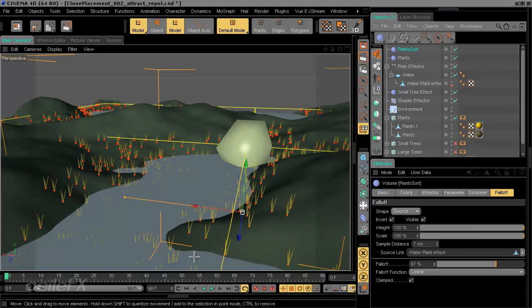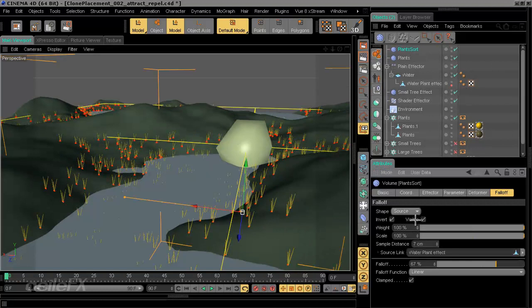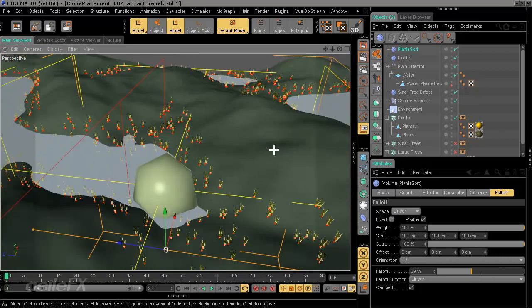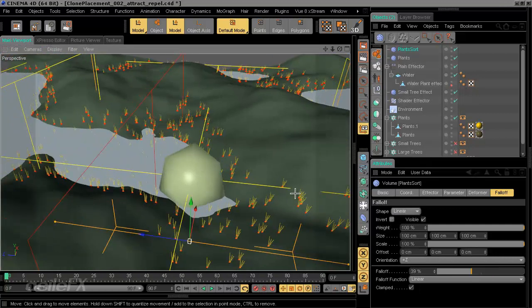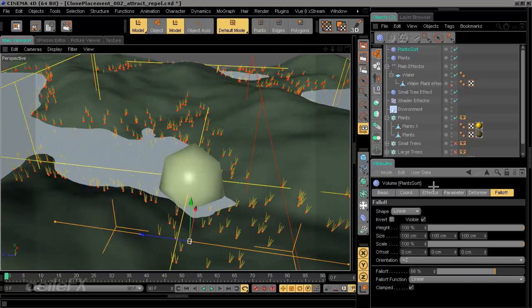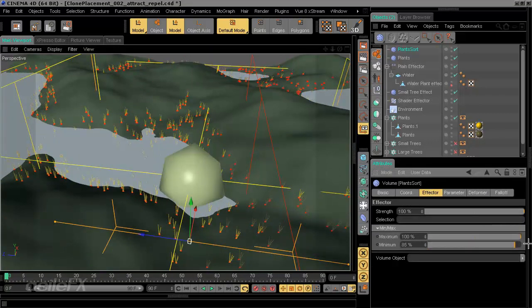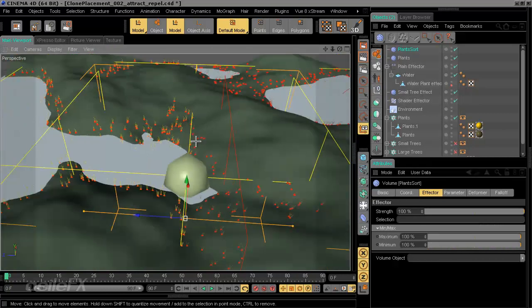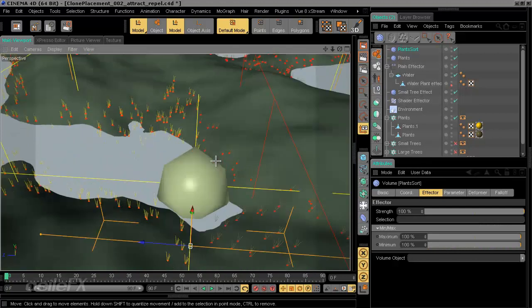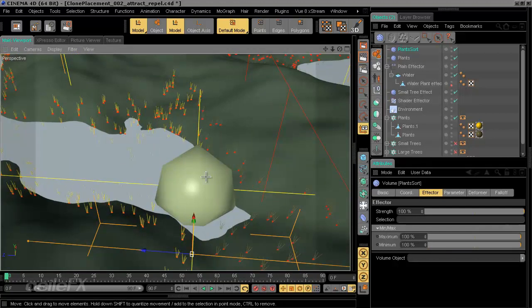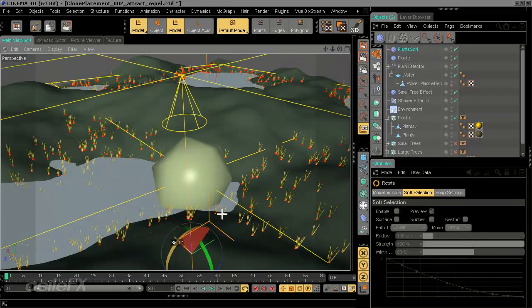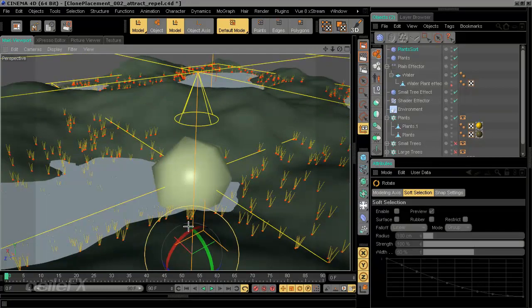I'm going to grab that sort object, the duplicate, change this over to linear, and I'm going to go back to the effector and change the minimum value all the way up to 100%. So now we can see on one side of this plane we have cloning populating or showing up on the terrain, one object, on the other side the other. So we need to rotate this to be on the other axis. So I'm going to rotate it down,